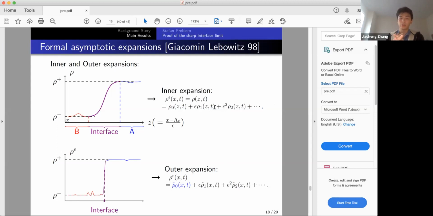Yeah, I think so. Rho 1 and rho 2, for the inner expansion, will be given by some solution to an ODE, times some function of t. But for the outer expansion, this will indeed be some solution of a parabolic PDE. And I guess only for rho 1, this boundary is a free boundary term. This free boundary lambda will be determined by this rho 1, and for rho tilde 1 and rho tilde 2, the boundary is given by lambda 0 here. So we no longer need to worry about the free boundary problem, which makes the existence of rho tilde 1 and rho tilde 2 much easier than rho tilde 0. Okay, thank you.